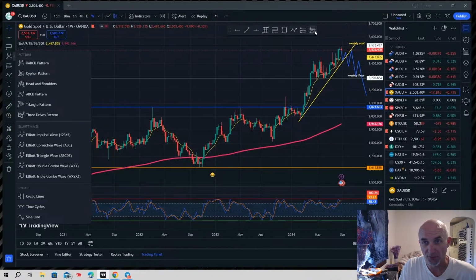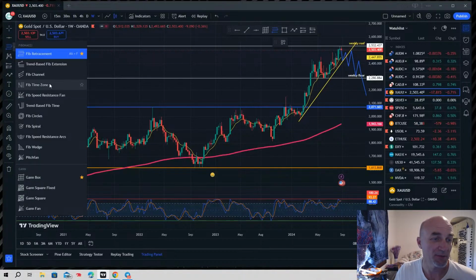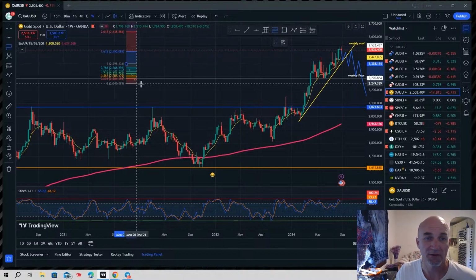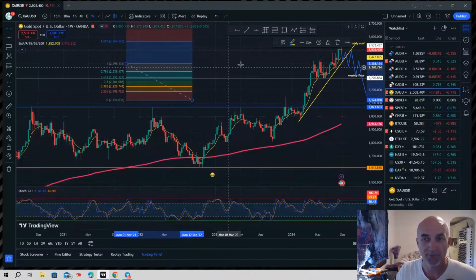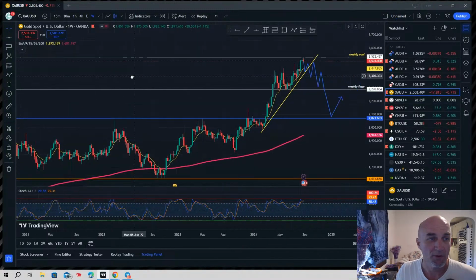So I built this toolbar. That's why I built this toolbar up here, because there's many more. I just wanted you guys to see exactly how many options you have for tools. You have fib channels, trend-based channels, extensions. All right, so